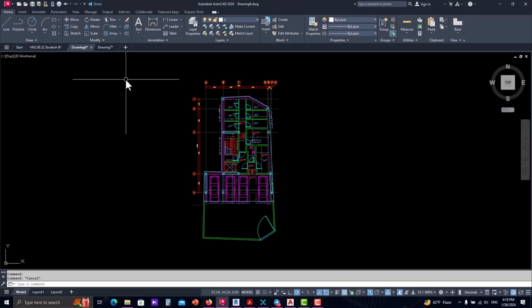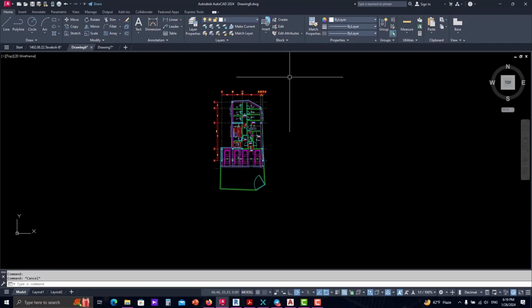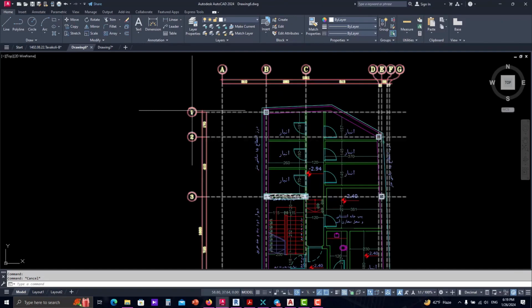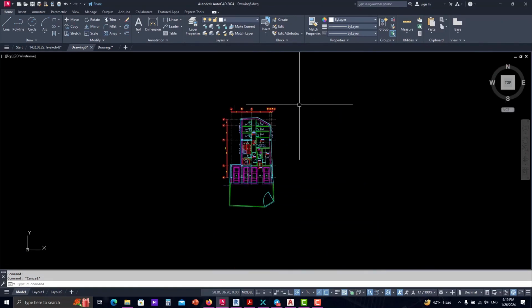It may happen to you most of the time that you want to specify the base point for your plans in AutoCAD in order to match them with the zero coordinates of AutoCAD. So in this video we're gonna learn how to specify the original coordinates, so then the plans will be matched precisely after making copies. So to do this, firstly I should specify a point as the original point or base point. But note that before doing this you should turn off the dynamic input, or you can turn it off